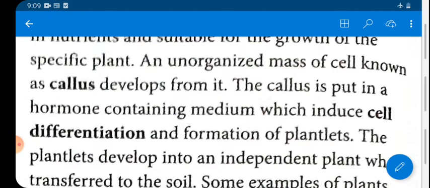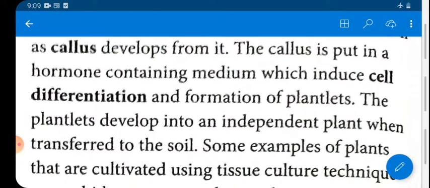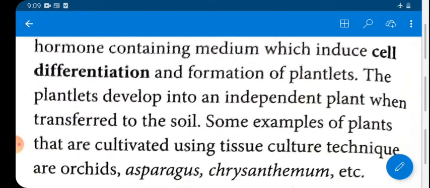है. अब the callus is put in a hormone containing medium. अब इस कैलस को हम हार्मोन कंटेनिंग मीडियम में रख देते हैं, which includes cell differentiation, जिसमें सेल डिफरेंशिएशन शुरू हो जाता है, उसका विभेदन शुरू हो जाता है और प्लांटलेट्स का फॉर्मेशन शुरू हो जाता है. The plantlet develops into an independent plant when transplanted to soil. और ये जो छोटे छोटे प्लांटलेट होते हैं, when we place them in the soil, after some time it becomes